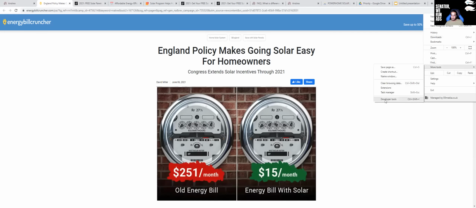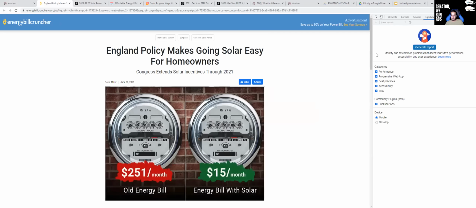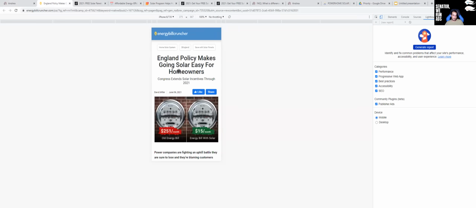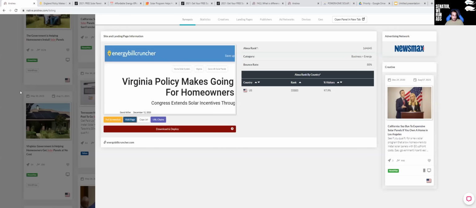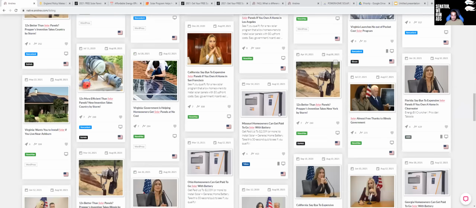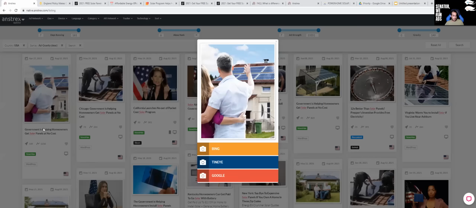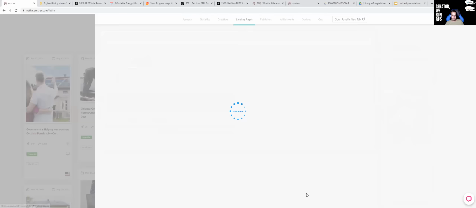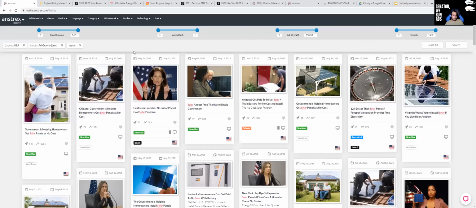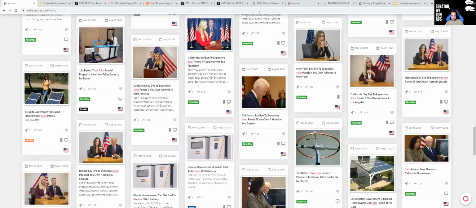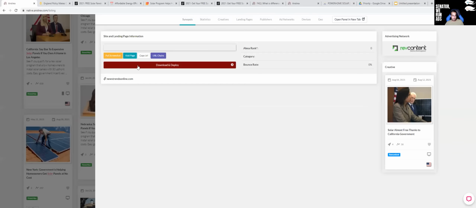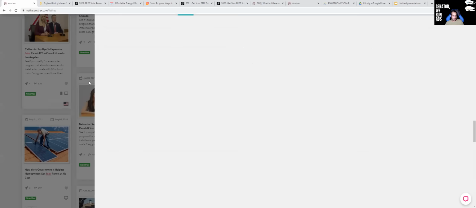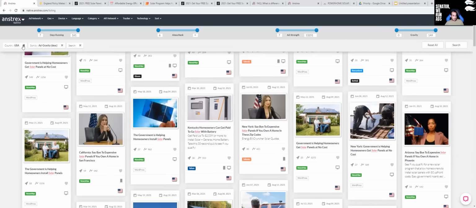Let's have a look at mobile phone. Maybe it would be different. No, it's the same. So yeah, if there was some call to action button here, that would be nice, but there isn't any. So let's move on. Let's do another thing. I think we can look at landing pages. Oh no. The current advertiser isn't running any more landing pages. Okay, another thing we can do is we can just